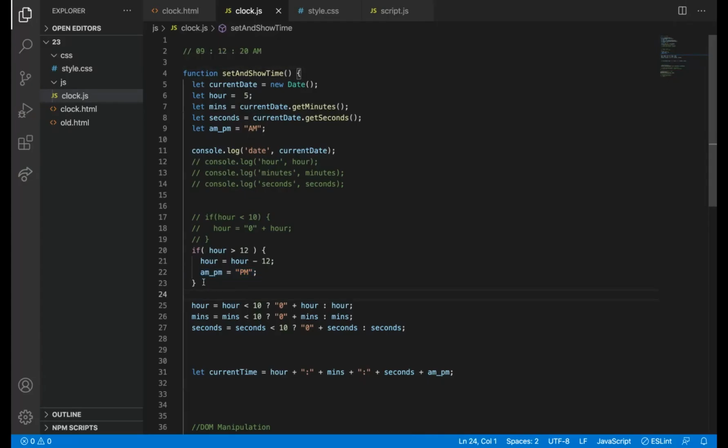So we have missed one condition here. Can you guess what the condition is?